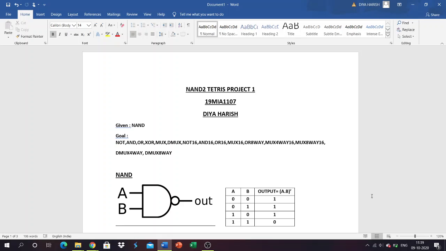registration number 19MIA1107, studying at VIT Chennai, and now we'll be executing code for Project 1 of NAND2TETRIS. Here our task is to build the following 15 gates using the given NAND gate, and for this we have